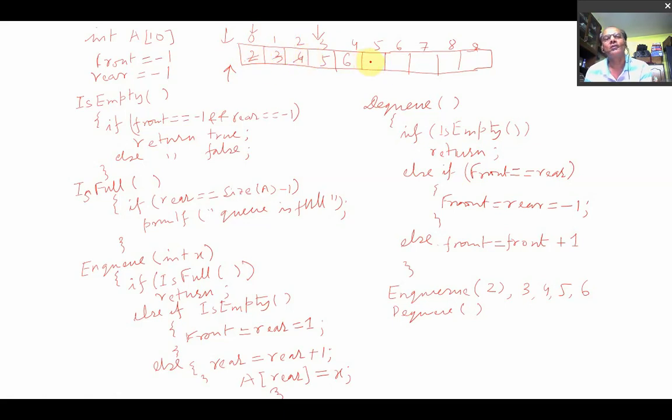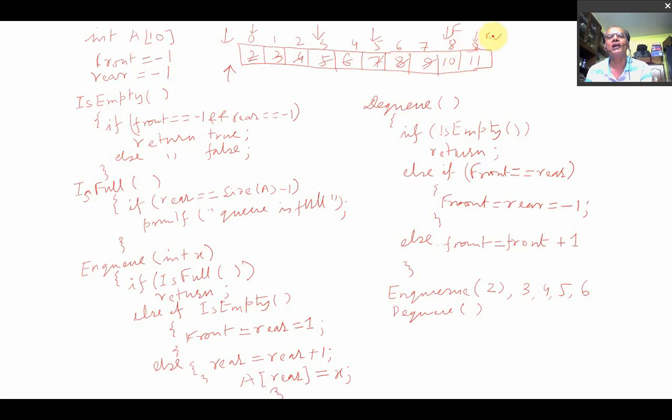Now suppose some more NQ operations are there, 7, 8, again 2 DQ operations. Now front will be updated to here, and again 9, 10, 11, and suppose some DQ operations are there, and you see front is here and the rear is here. This is front, and suppose rear is here.